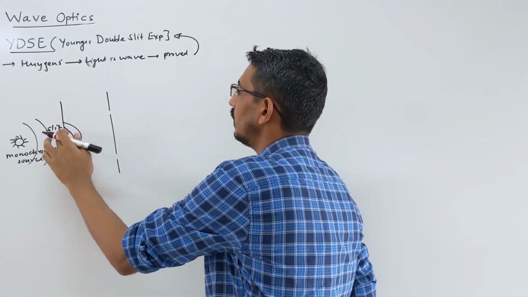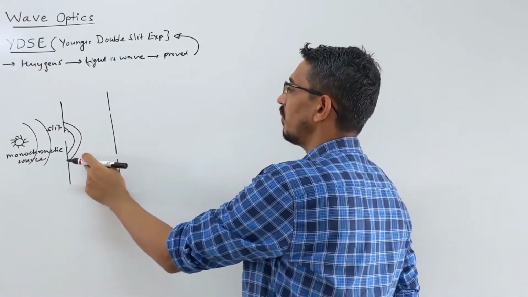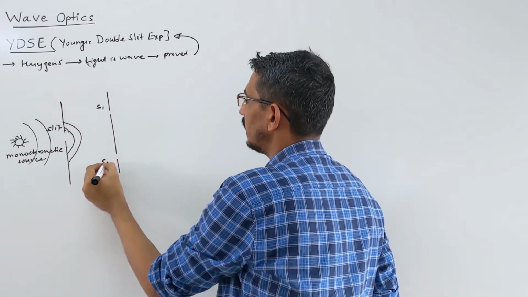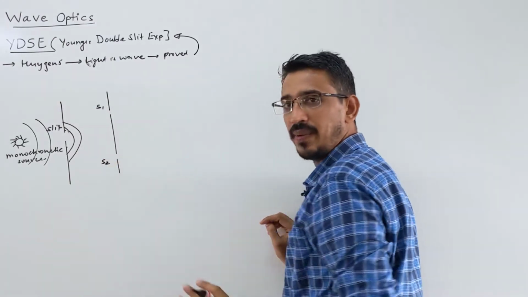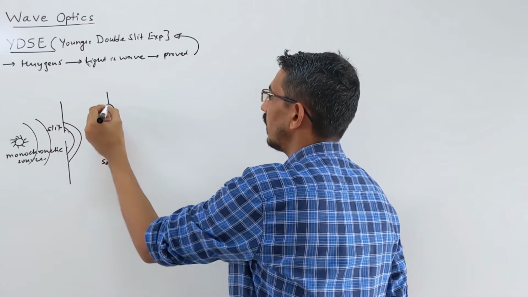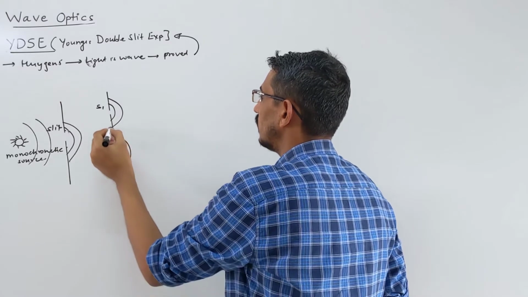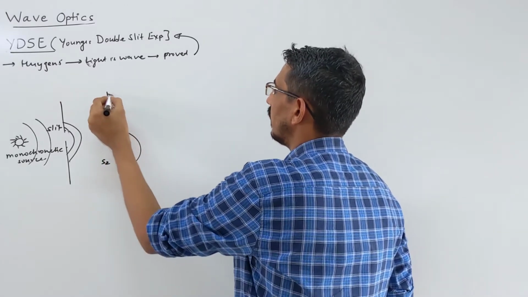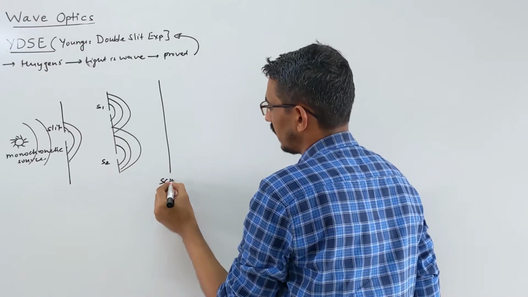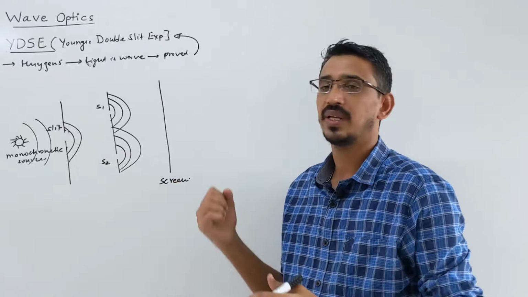Now the light coming here consists of wave fronts only, and we divide these wave fronts into two. So now we have another pair of sources we call S1 and S2. These are two holes in this wall, suppose. This wave front is divided into two: one wave front will come here, one wave front will come here. So what happens now? Here we have, suppose, a screen, where you want to get the interference pattern.